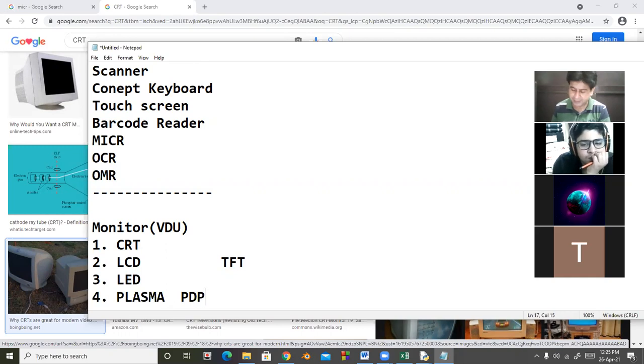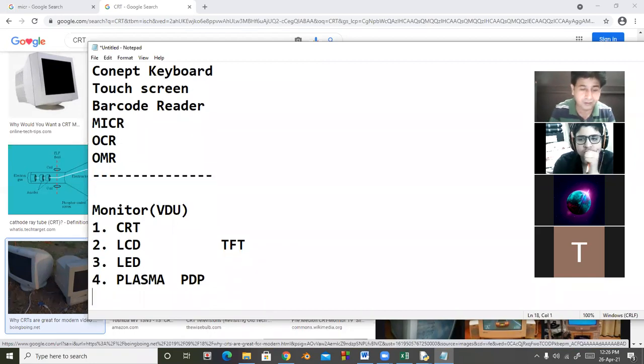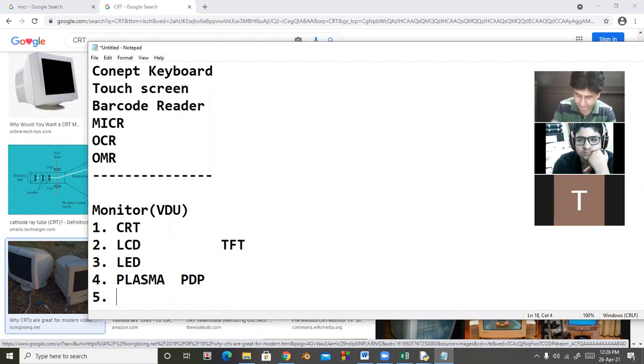This is another type of technology in which the screen is hard. In the case of TFT, the screen is flexible, but in the case of PDP, the screen is just like a glass screen. And the last type of monitors, which are very expensive and give very high resolution, is called